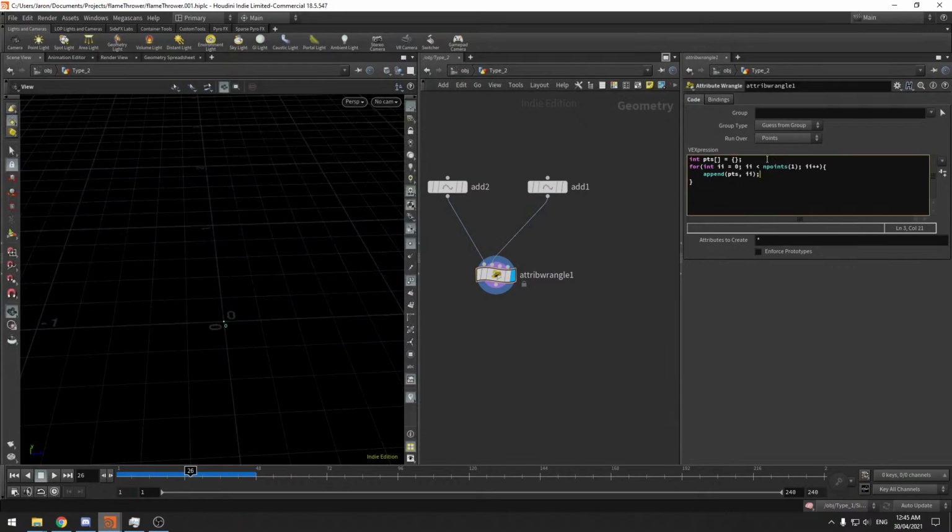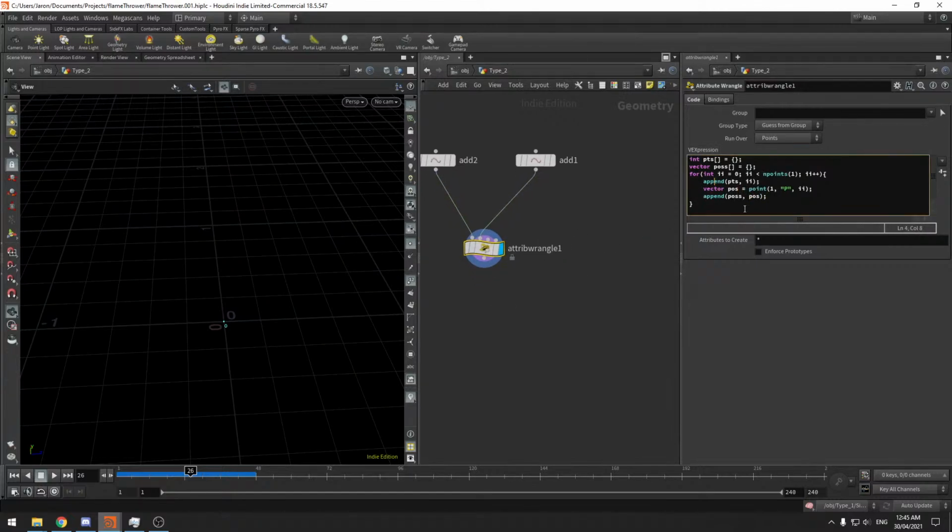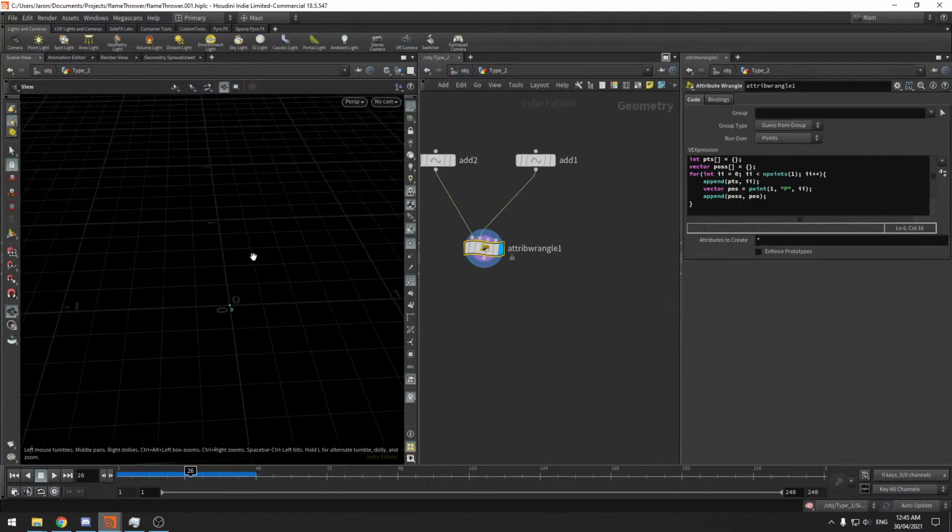I'm going to say vector pos, like that. And then I'm going to say vector pos is equal to the point 1 position of current point, and then I'm going to say pos append pos with pos. So I'm now adding the positional vector into there, and it's going to be the same. So this is going to match up with this. So what I can then do